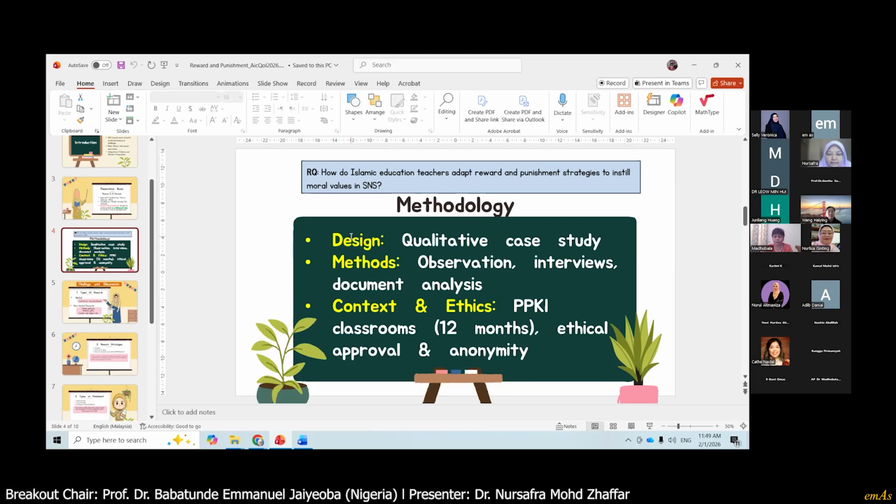Thank you, Prof. Actually, the study involved 7 teachers in the classroom. In Malaysia, we have a PPKI, the Integrated Special Education program. It is a system within mainstream schools for students with special needs, like learning disabilities. In this system, students attend special classes but can interact with mainstream students, and this can foster social inclusion among them. All right, that's good.